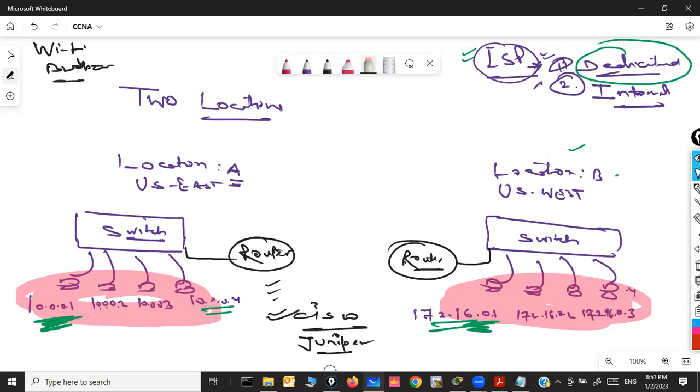But these two are big names apart from Huawei and some other brands, in fact. So they are different vendors, companies. They manufacture routers, switches, and other devices. So in enterprise networks, mainly we use Cisco routers. Cisco is the leading vendor, a company name, basically a US-based company, a very big company, Cisco Networks. So a router is again a network device, and a router is a bit different from a switch, because switches are mainly used in setting up or building a local area network, LAN, right?